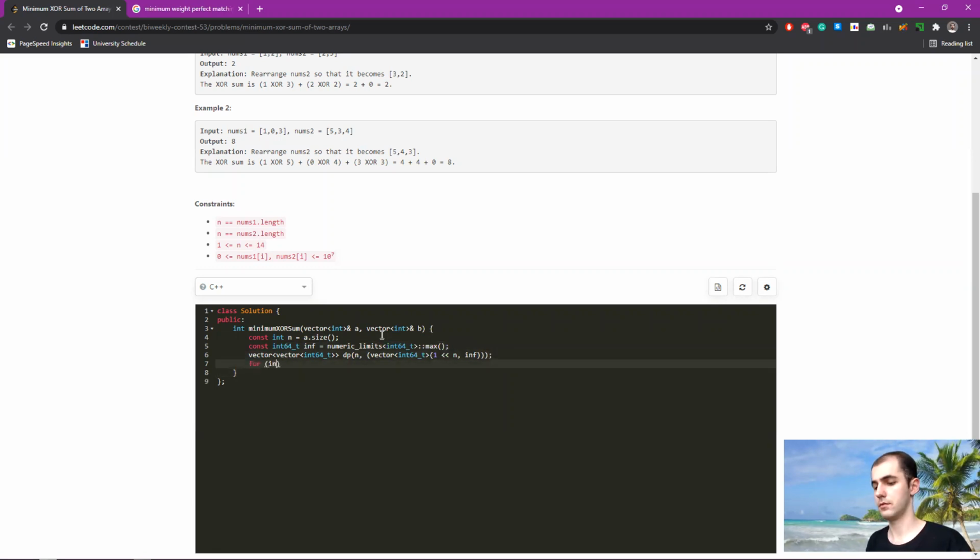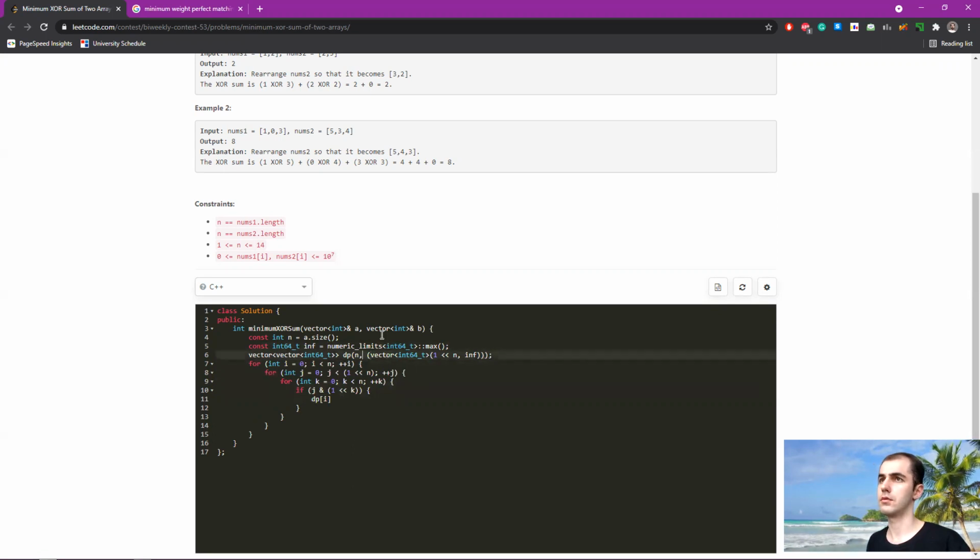So, our plan is to consider everything here, to consider every mask of the secondary, and then you think, for every bit, if J has the K-th bit turned on, dp at I plus 1, J should get the minimum of dp at I plus 1 mask, and then dp at I mask,